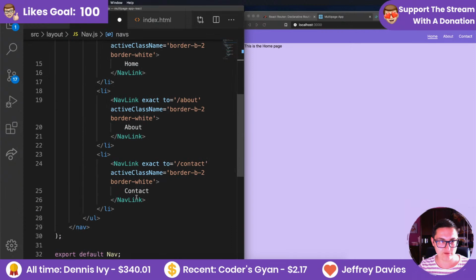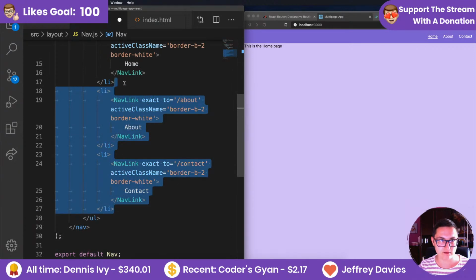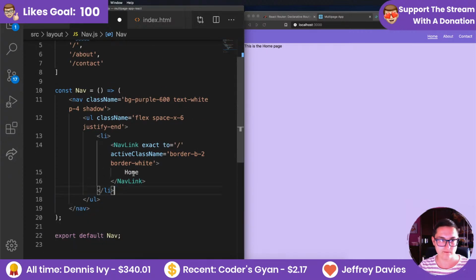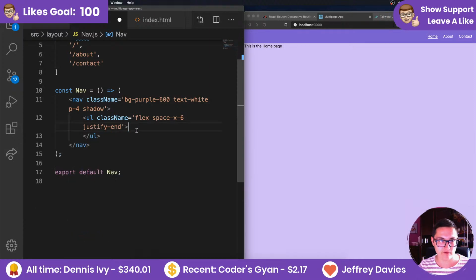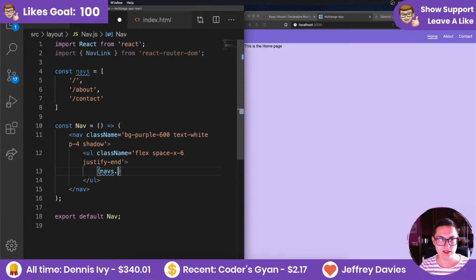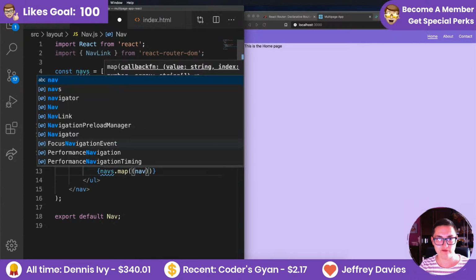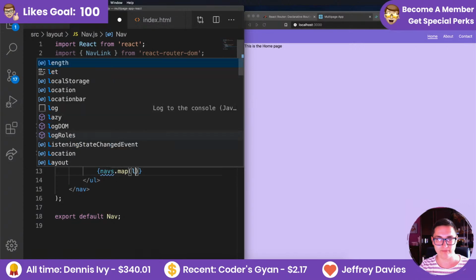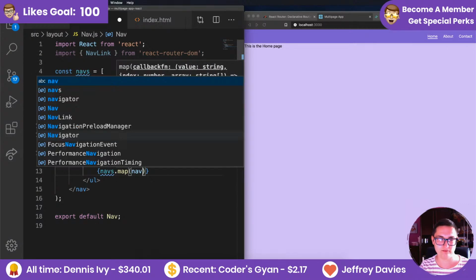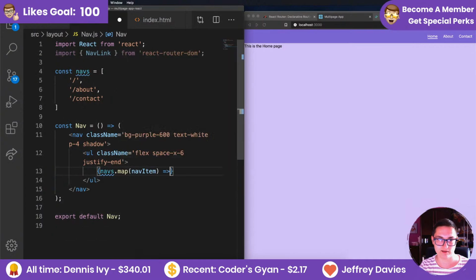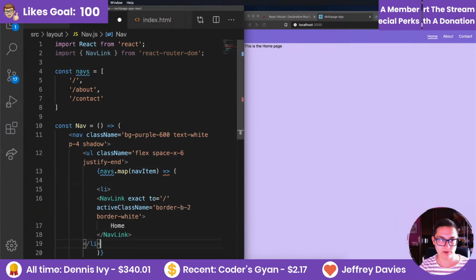So now instead of doing all of this, we're going to have only one, and we're going to go over the navs array, and we're going to map every nav item. And we want to have this,